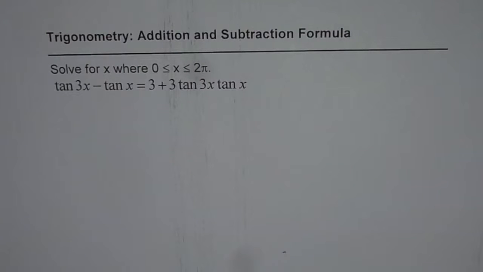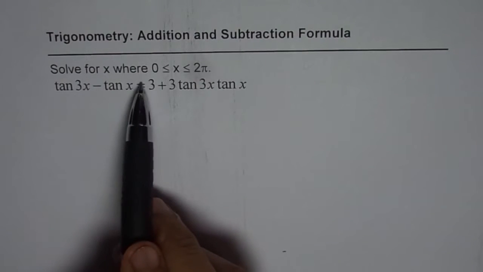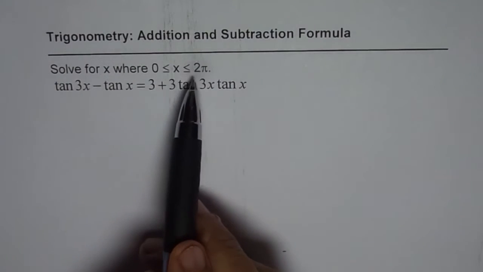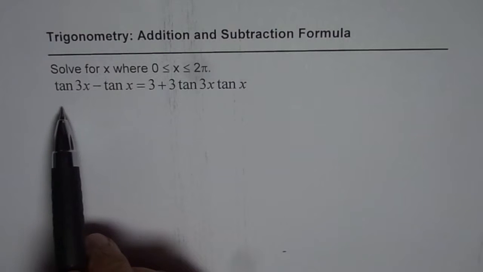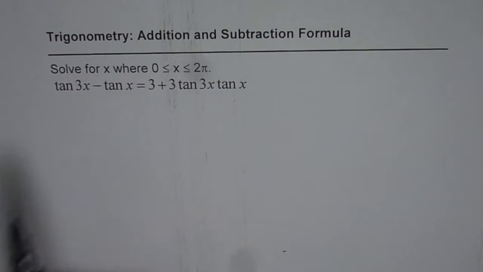I'm Anil Kumar sharing with you an application question on addition and subtraction formula. The question here is: solve for x where x is greater than or equal to 0 and less than or equal to 2 pi, and we are given an equation: tan 3x minus tan x equals 3 plus 3 times tan 3x